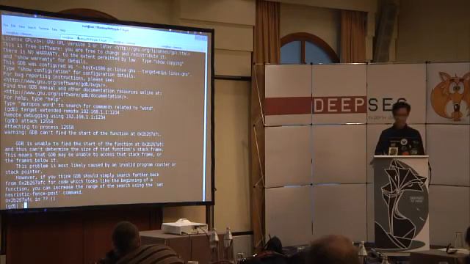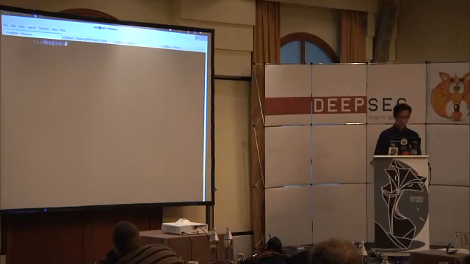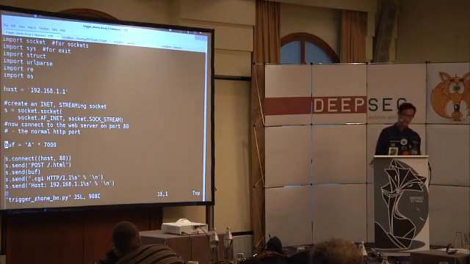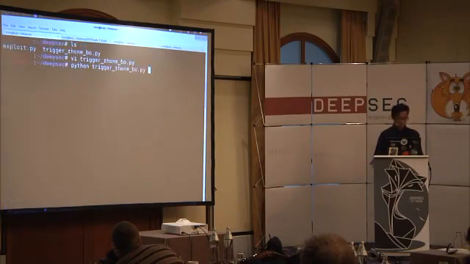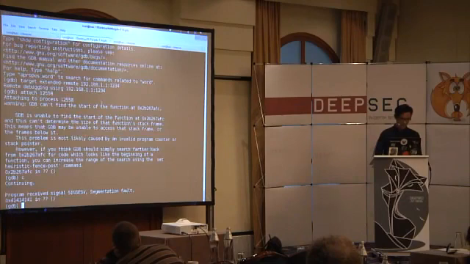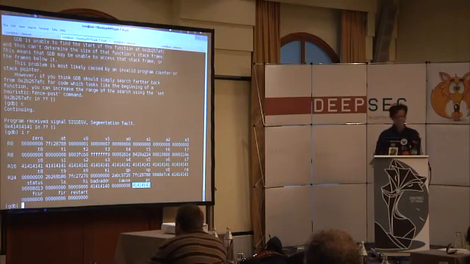So now I'm attached to the HTTP service process, and now I want to trigger the exploit. So what I'm doing here is actually just sending 7,000 A's in the POST request body to trigger the exploit. So if you see here, 414141, so we managed to trigger the exploit. If you look at the registers, we have control over the program counter, and we can start writing our exploits. But yeah, of course, you guys want to see a shell, right? Not just Stack Overflow.